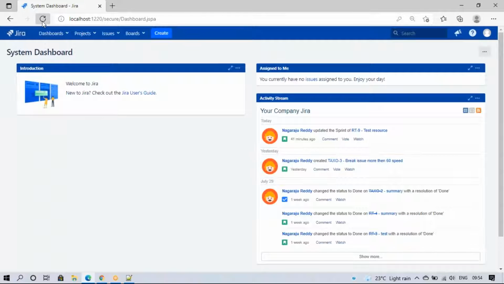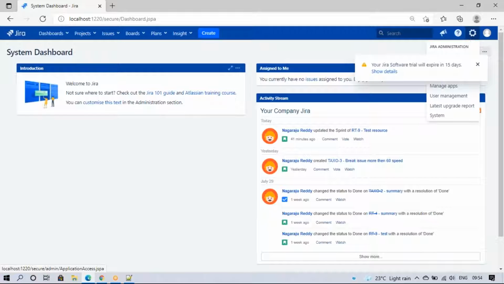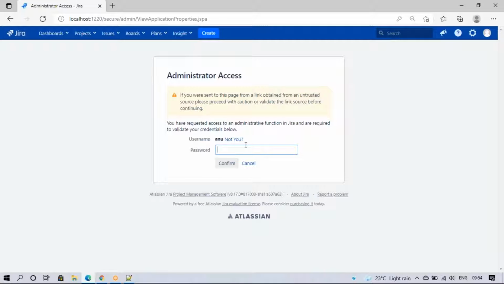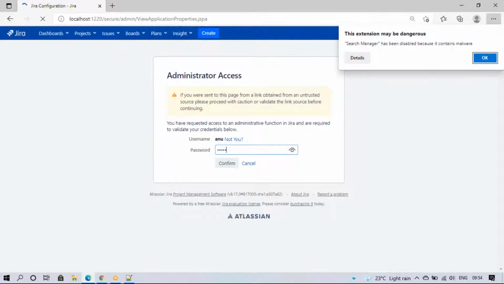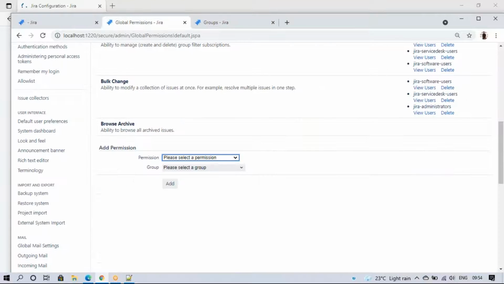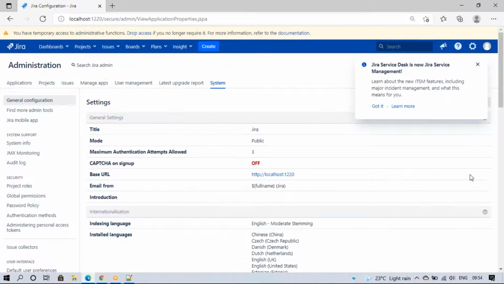So see, if I refresh it, I can see admin access now. If I go to the system, I can see it, and as well, if I refresh the group page now, in the site admin place as well, I can see admin now. And I'll show you the differences between the Jira administrator and the system administrator, what permissions are there. I have the Jira system admin, but the other one has only Jira administrator, site admins. So you can see the differences here.